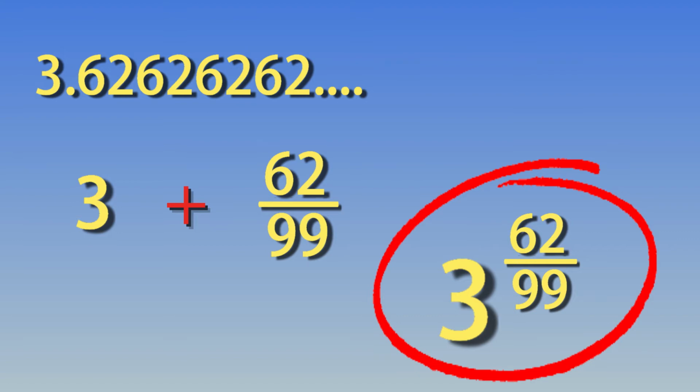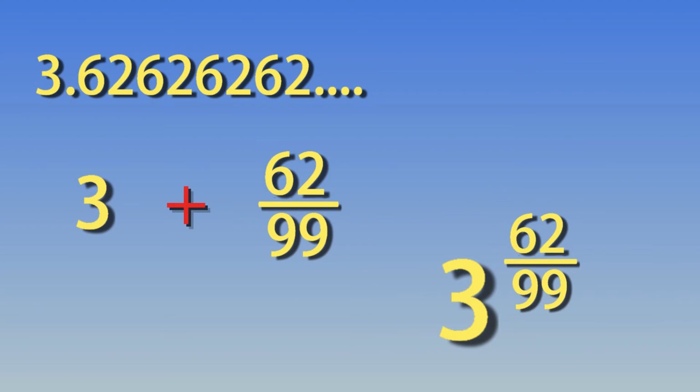So you only need to work on the decimal part and just add it to the whole number after conversion. So you can use this method for any number that you are given that is of this form, that is a whole number followed by recurring decimals. Anyway, we've dealt with the first scenario. Let's now work on our other situation where the recurring decimals are preceded by some non-repeating decimals.